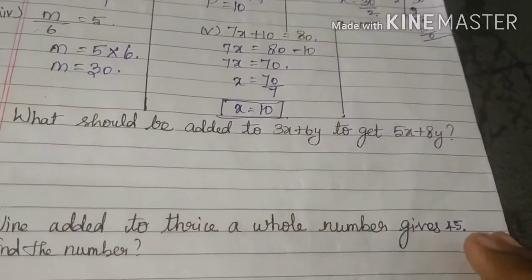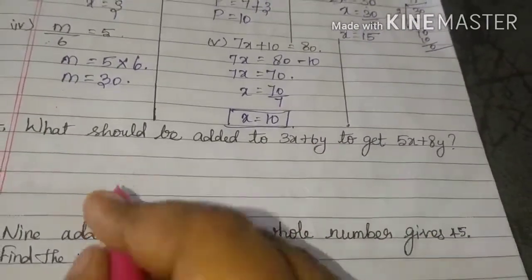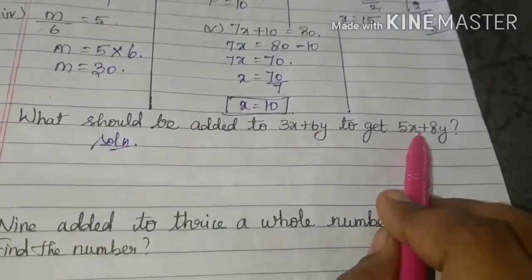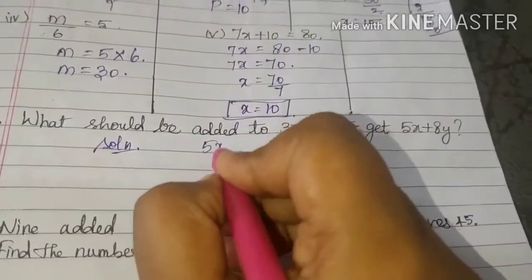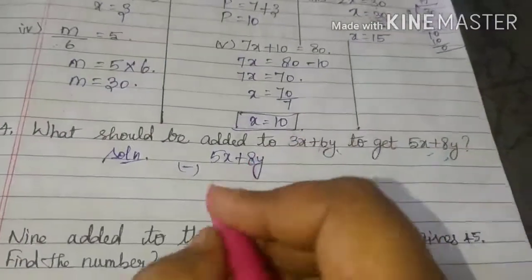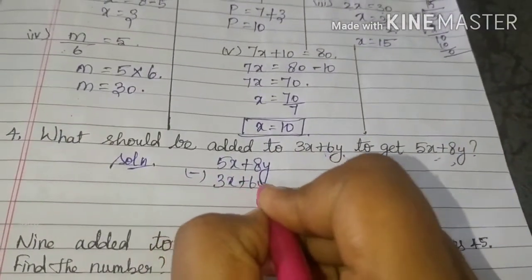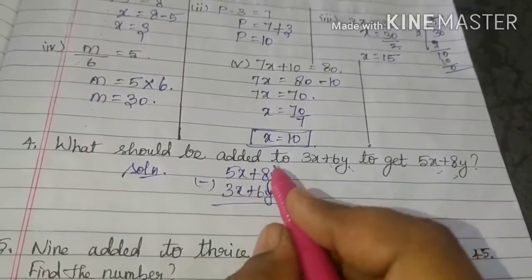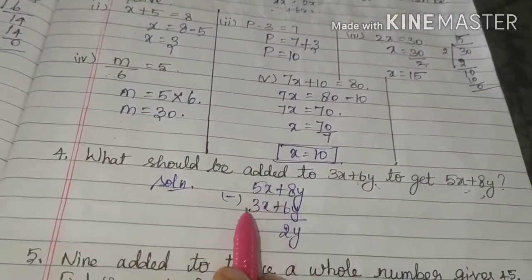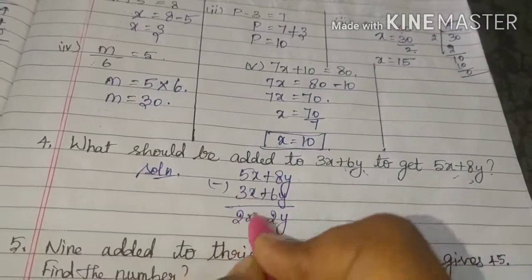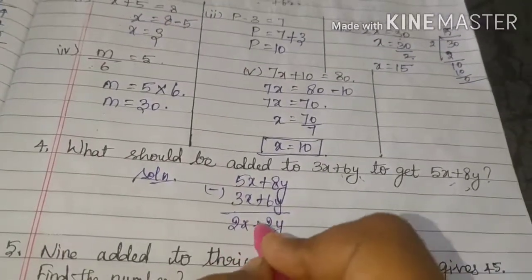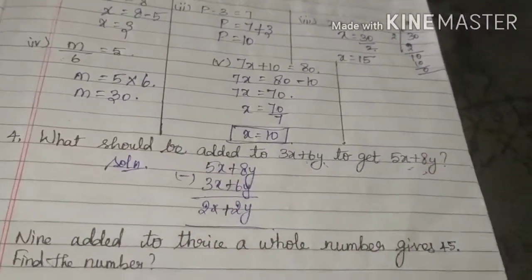நான் சால்வ் பண்ணாம I can say the answers orally. Okay, I'm just to show you how to solve this sum now. To get this one is the bigger number, so I'll take this 5x plus 8y. Okay va, இது ரெண்டுத்தையும் மைனஸ் பண்ணா என்ன ஆன்சரோ அந்த ஆன்சர் நமக்கு கிடைச்சிரும். 3x plus 6y. 8 minus 6 is 2y. 5 minus 3 is 2x. So நடுவுல என்ன வரணும்? Plus I will get. So answer is 2x plus 2y.